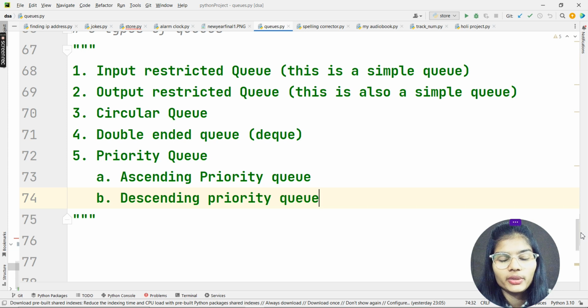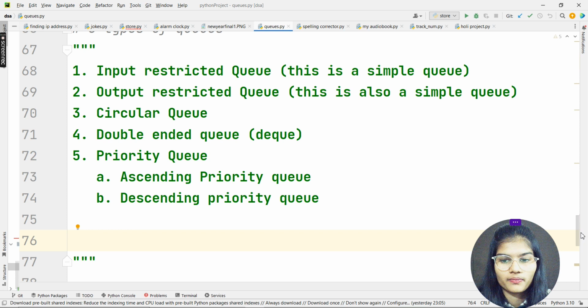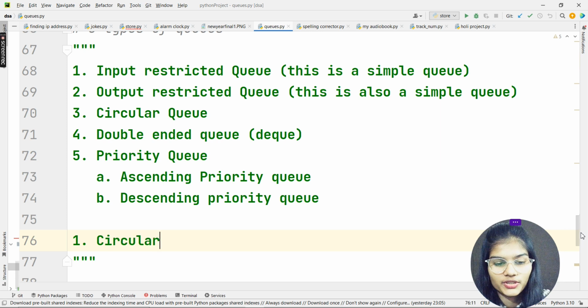Perfect. So here we have all 5 types of queues which I have mentioned up over here for you all. Now what I'm going to do is write down all the definitions and what those respective ones are all about. So I'll start with my circular queue,